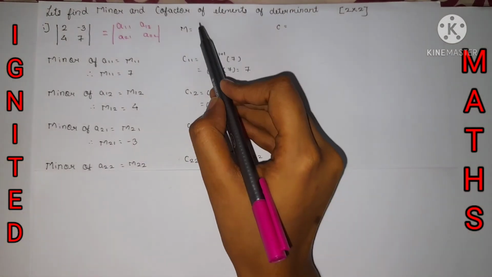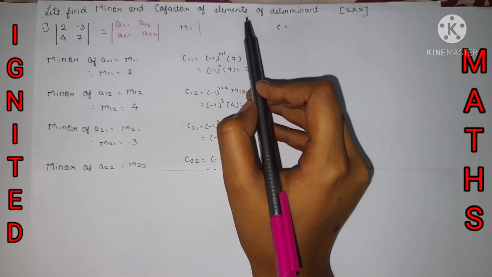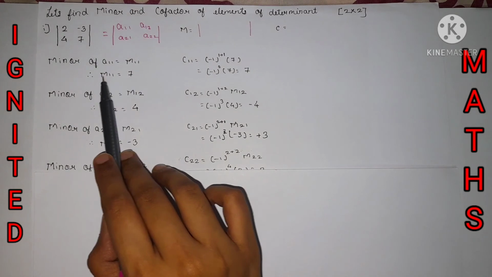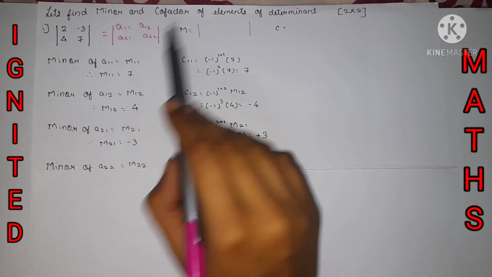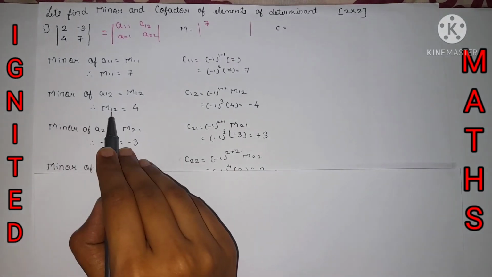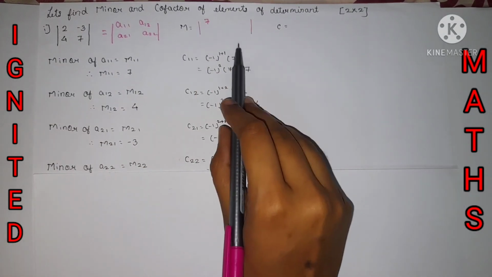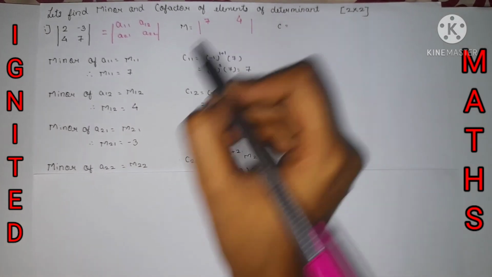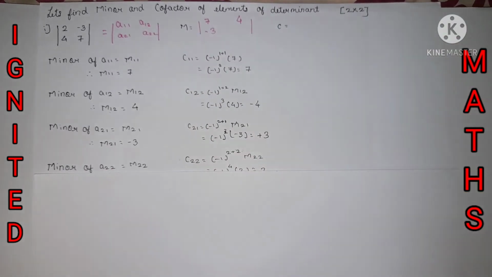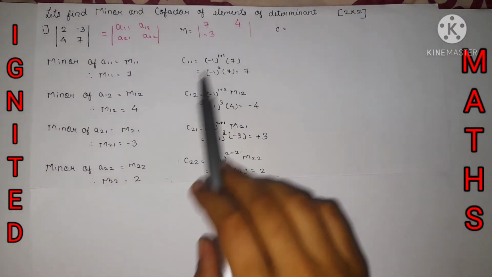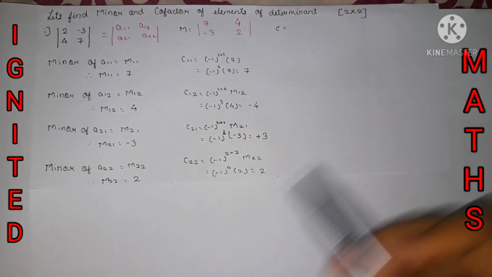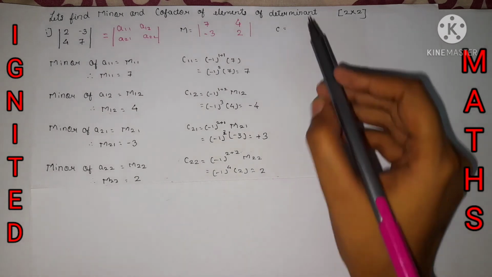Now we need to represent it in the determinant. That is one of the most important things. So with the respective row and respective column, we need to mention. So m of 11 we have represented. First row first column, 7. Minor of 12, first row second column, that is nothing but 4. m21, second row first column, we got the answer as minus 3. Minor m of 22, and we got the answer as 2. That is nothing but second row second column, and we got the answer as 2. This is what we have to represent in the minor determinant.